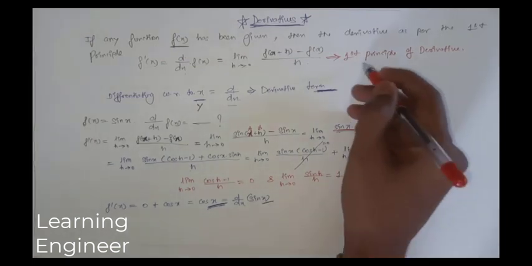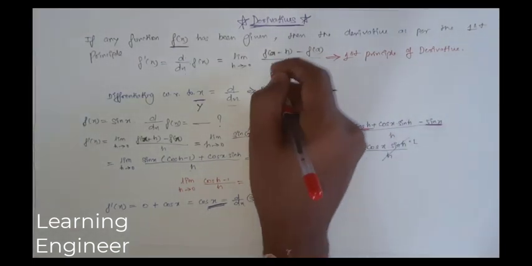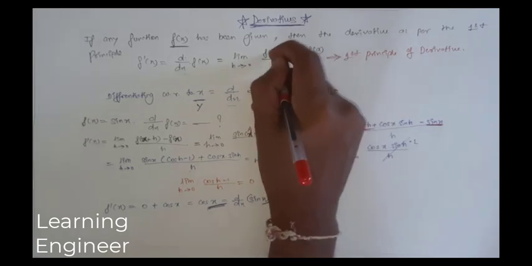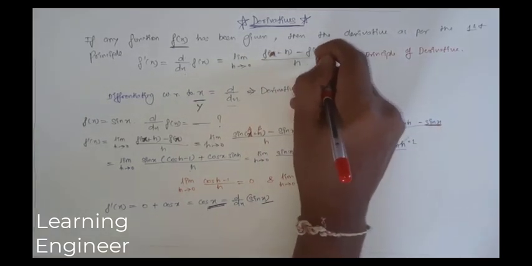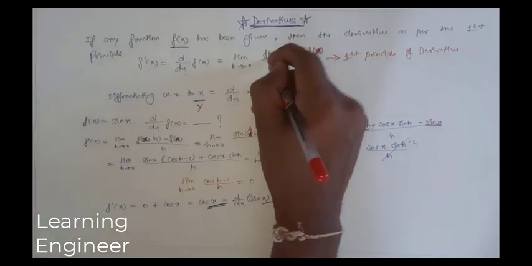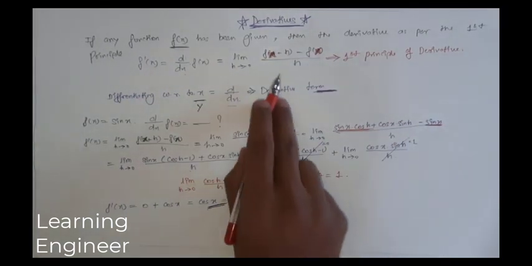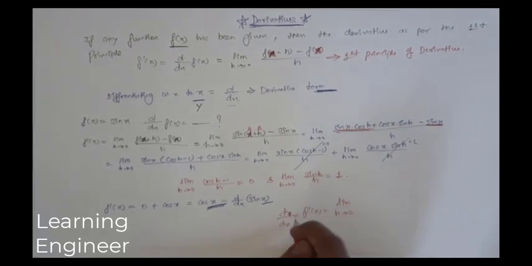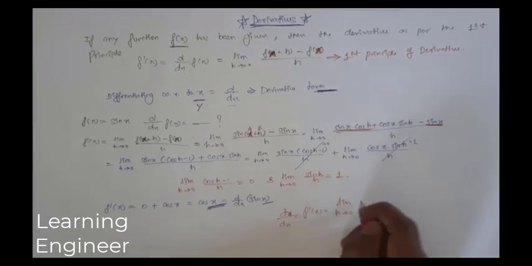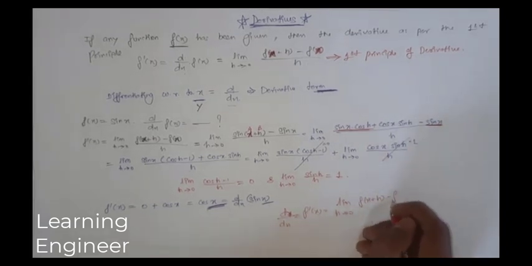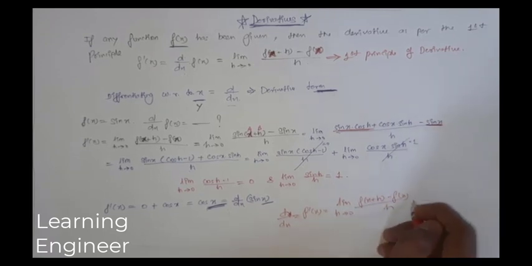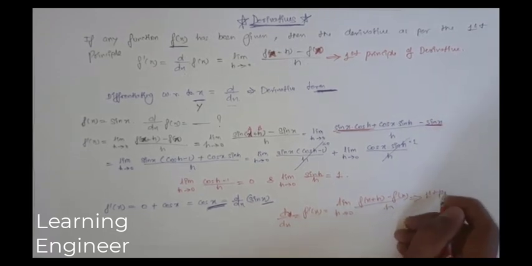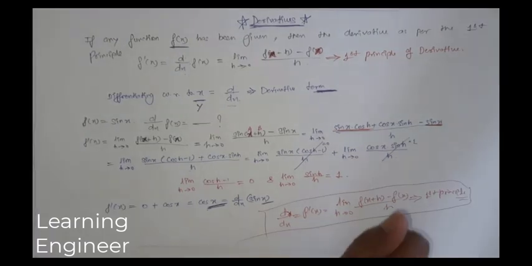The most important thing you have to remember is the first principle derivative concept. You can use a also, you can use x also, as per your requirement. Instead of x, I am putting a over here. So what is the first principle of derivative? Limit h tends to 0. This is what you have to know: f dash of x, or d by dx of f of x, is equal to f of x plus h minus f of x whole divided by h. This is what we have to remember in derivative.